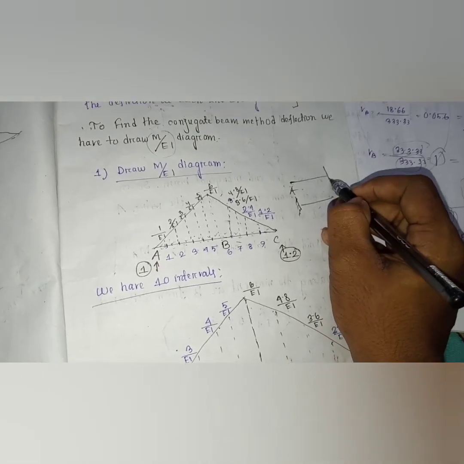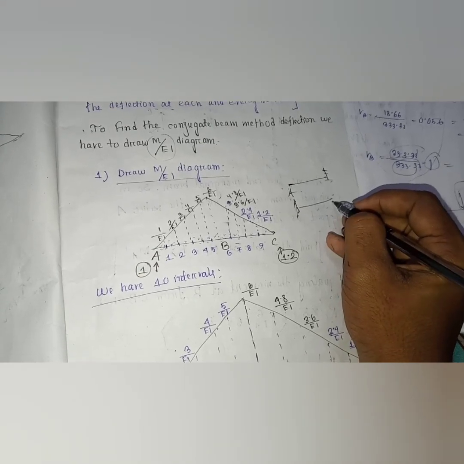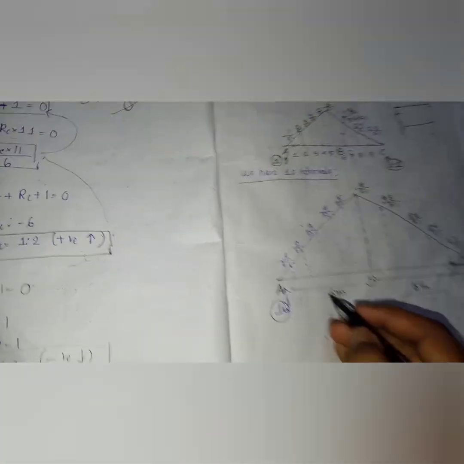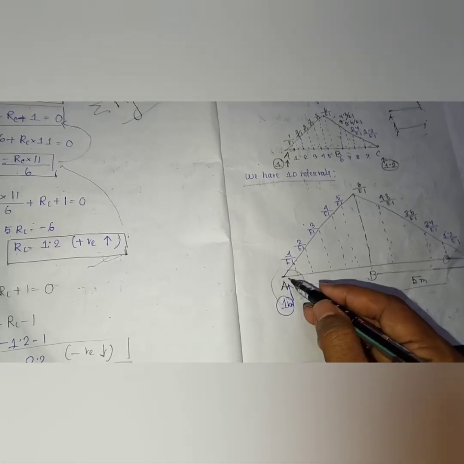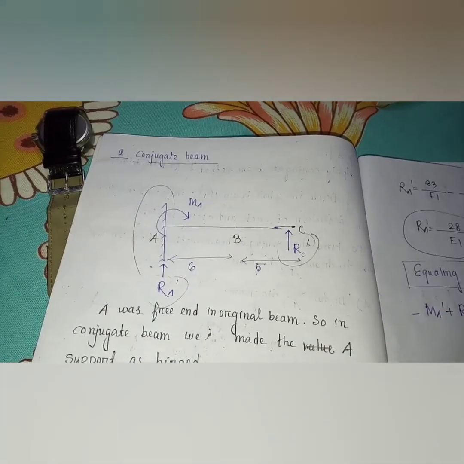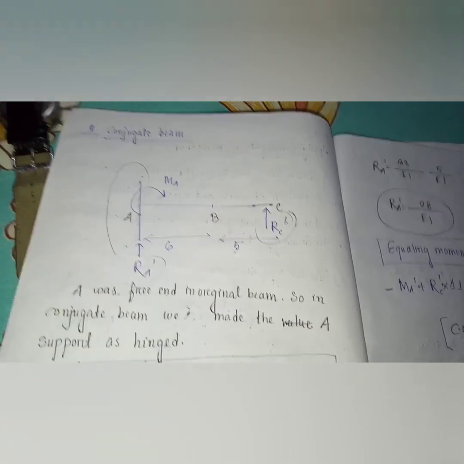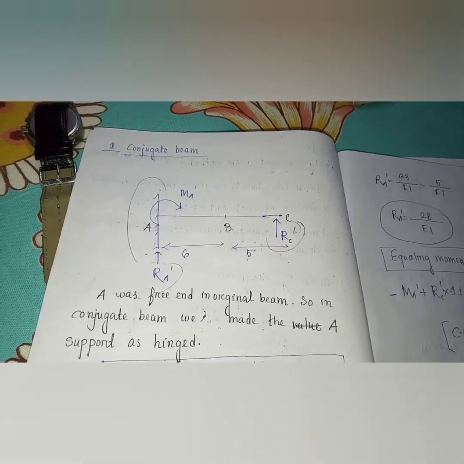And if we get any fixed end, then in the conjugate beam it becomes a free end, right? We all know this from the conjugate beam method. So it was our free end A because we have removed the BA, so it is our free end basically. So in the conjugate beam it has changed, it is replaced by a fixed end, and in a fixed end we all know there are three supports, meaning vertical, horizontal and moment.